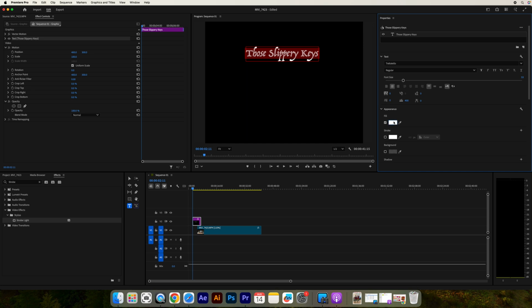Okay, and later on we can add things like color and fill and strokes. Like we can customize the heck out of it. So I'm just going to leave it like that, those slippery keys. I'm going to hit enter a couple of times, and then I'm going to type in